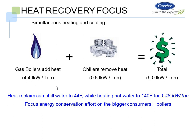So let's look at gas. Let's convert the gas. The biggest energy hog in a building is basically the boiler plant. So you could look at replacing or unloading high efficiency boilers. Let's look at some gas boilers running at 0.4. They're basically 4.4 kW per ton. We have a chiller that removes heat at 6.6 kW per ton, or 5 kW per ton total. Again, 5 kW per ton or 1.48